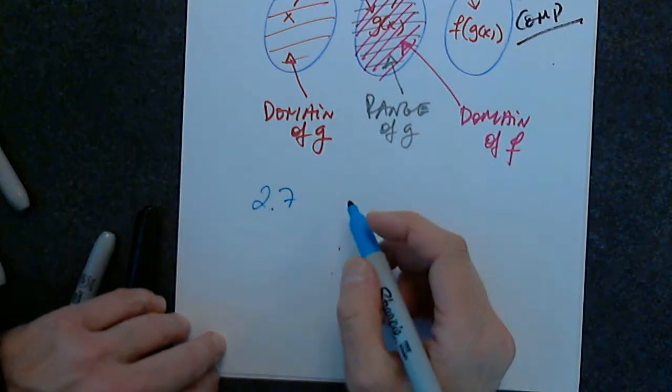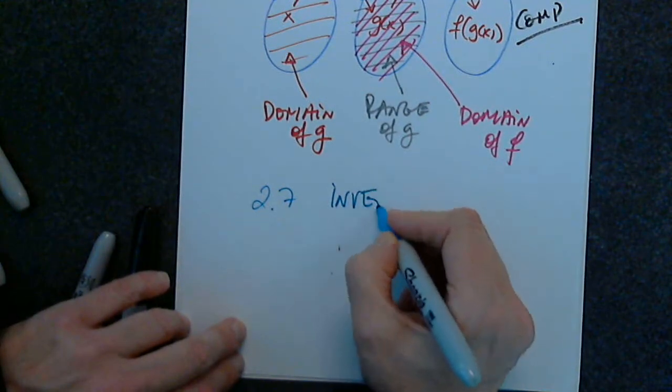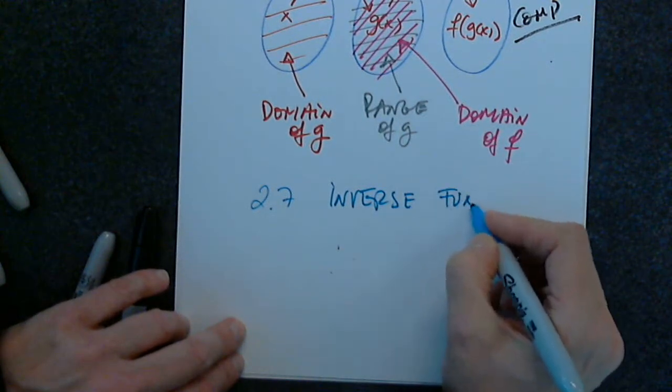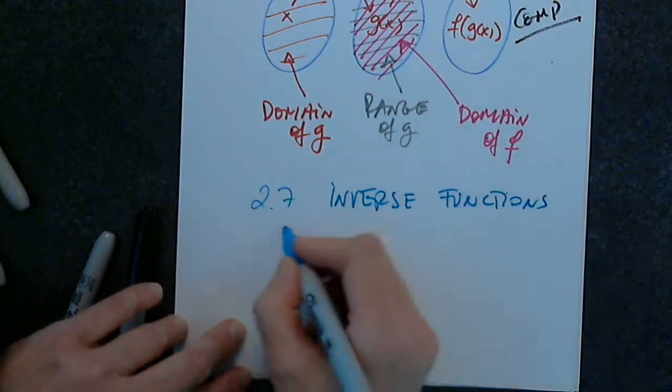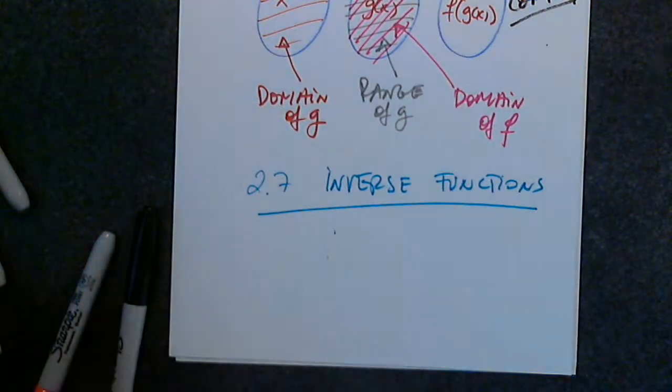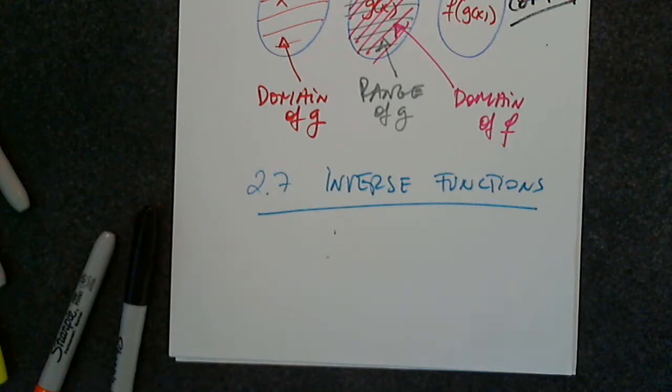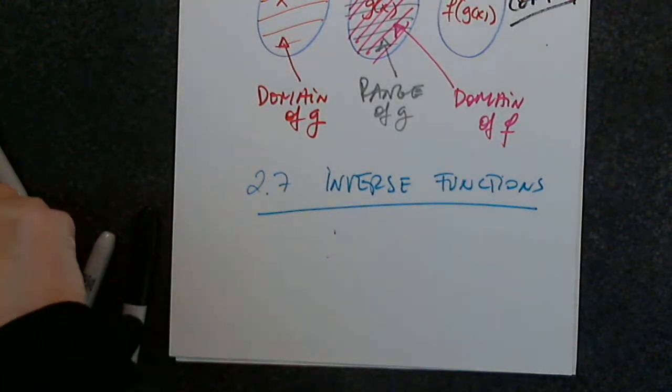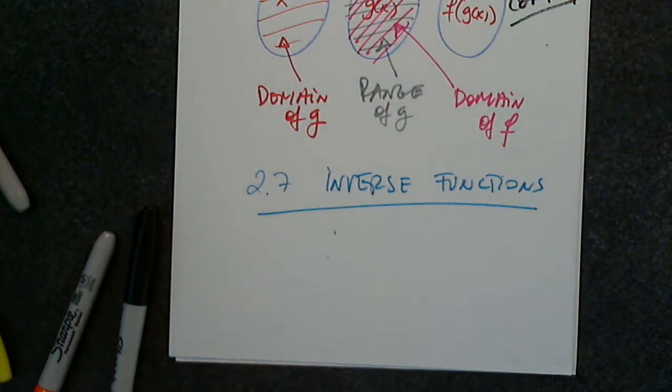2.7, inverse functions. If you remember when we started chapter 2, we looked at two potential